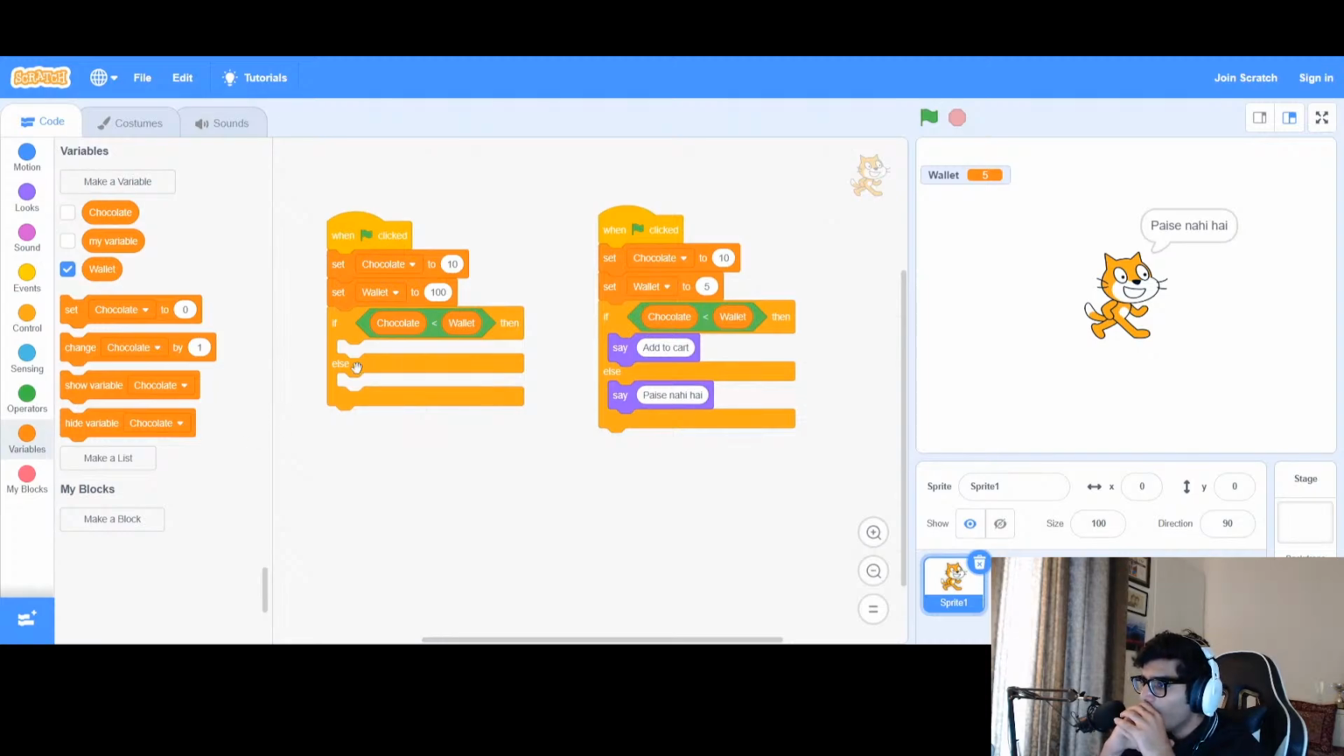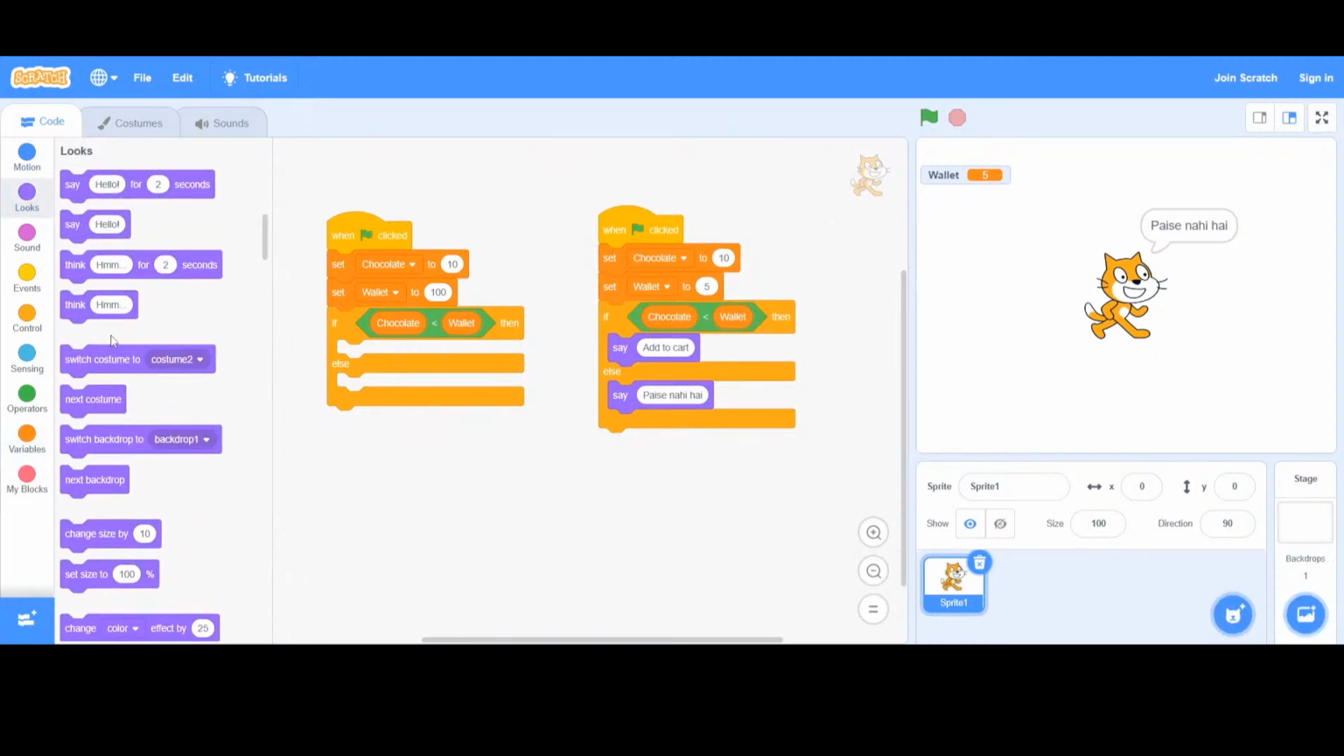उसके बाद हमने बोला कि अब कंपेयर तो हो जाएगा, पर हमें कैसे पता चलेगा? तो हमें पता चलेगा जब हमारा कैरेक्टर हमें बोल के बताएगा। तो उसके लिए हम गए लुक्स पे, लुक्स पे जाने के बाद हमने उठाया ऑप्शन सेय, कि हमारा कैरेक्टर हमें बोल के बता दे। यहाँ पे हमने लिखा अपना मैसेज, ऐड टू कार्ट।